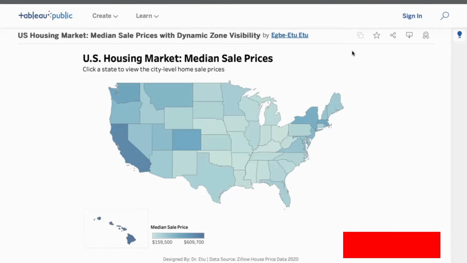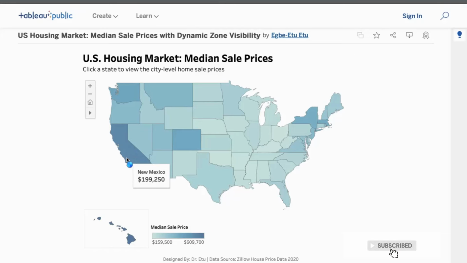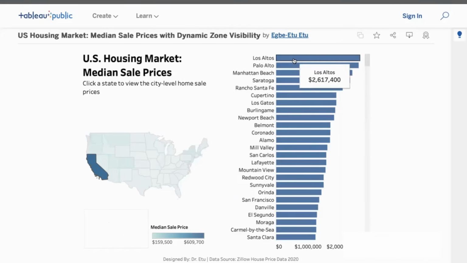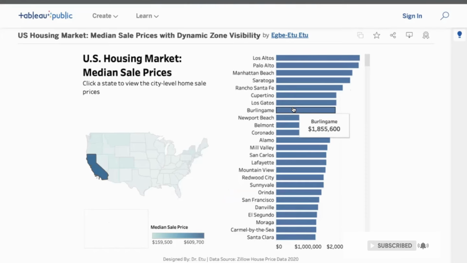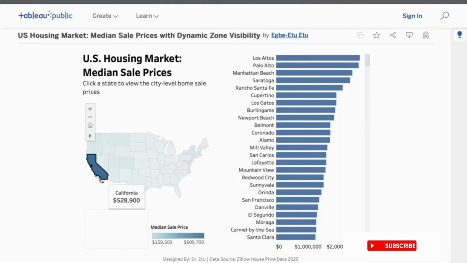So here is a dashboard I've created on the US housing market, the median sales price. And what you're looking at right now is the median sales price for homes across the US. We could see all the different states, including Hawaii. Now, if I click on California, for example, based on the dynamic zone visibility, it's going to give me the home prices for the individual cities present in California. If I click on it again,